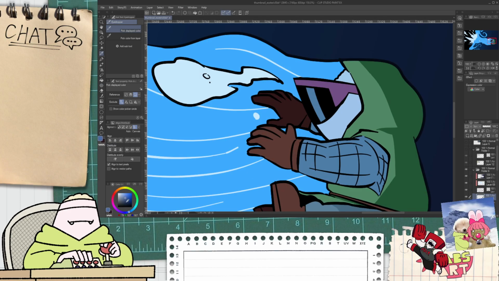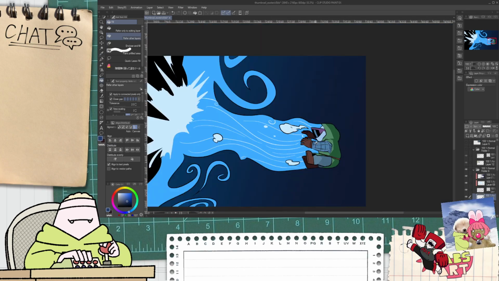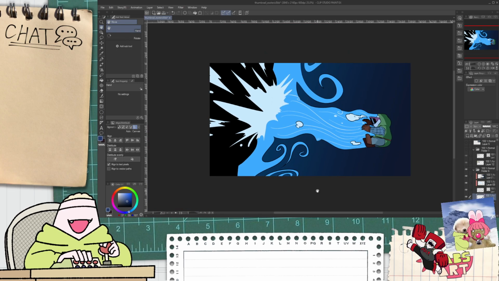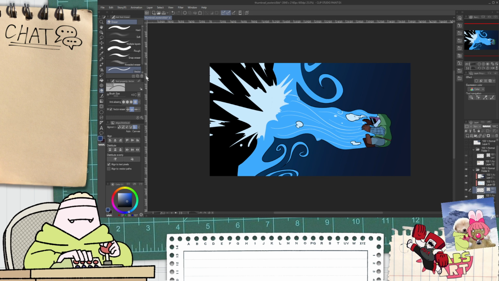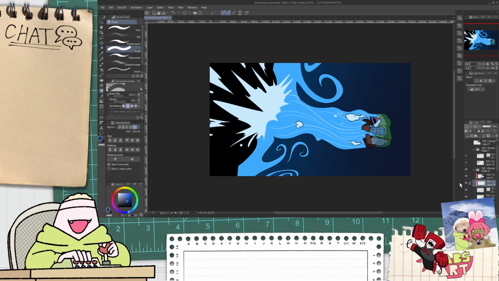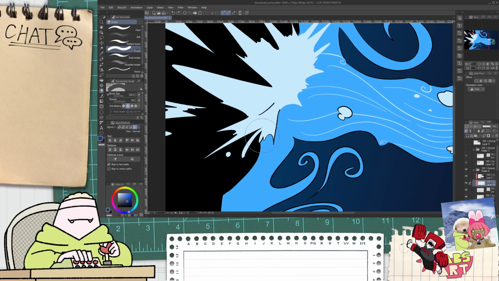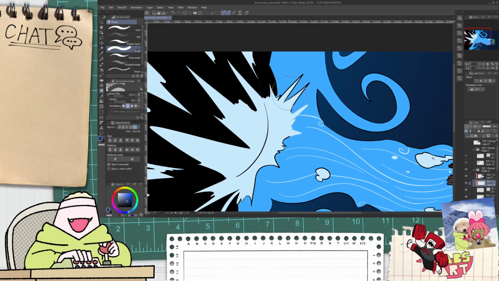Okay, and then just making this part darker. I don't know, I feel like it's missing some kind of visual impact. I also think I might just erase the parts up here from getting the line art taken out, because I feel like it just creates a much better impact.